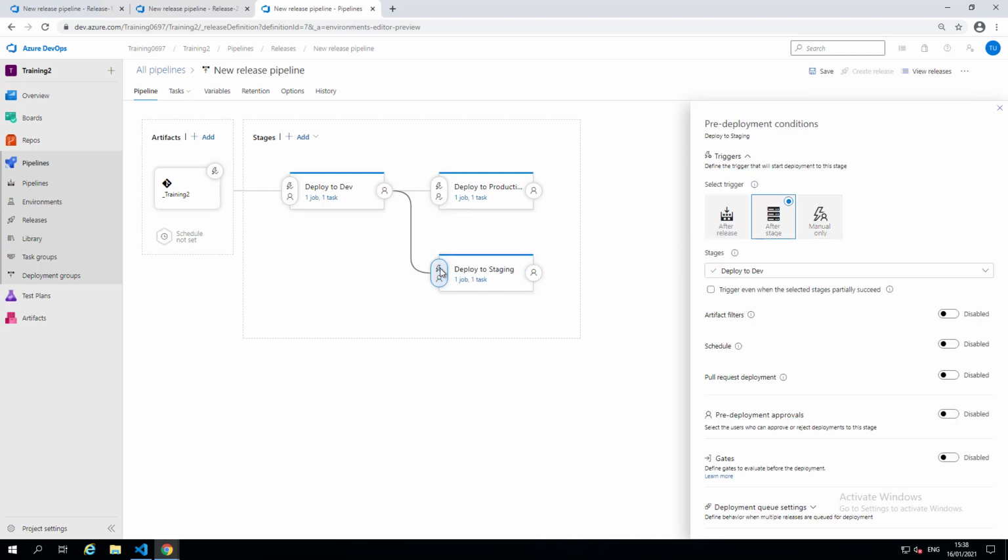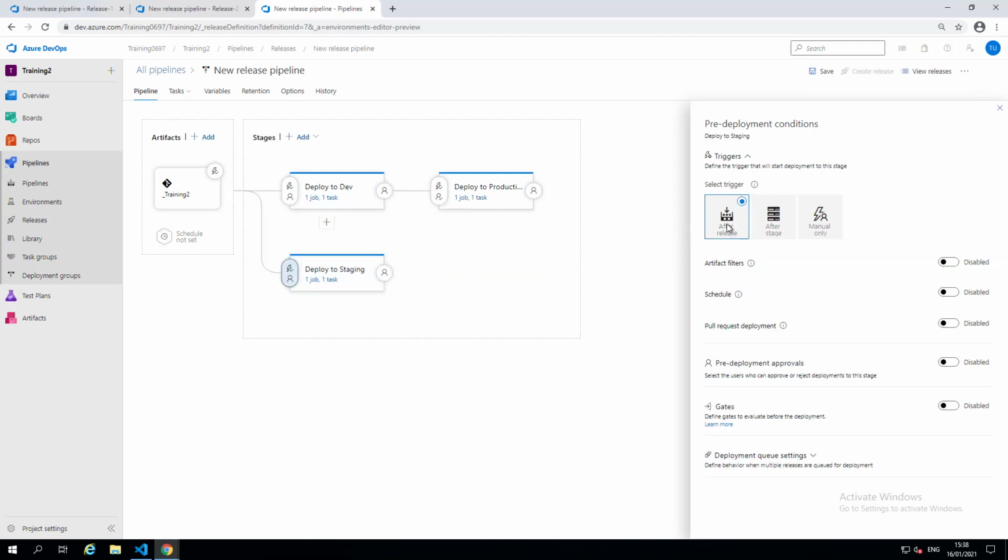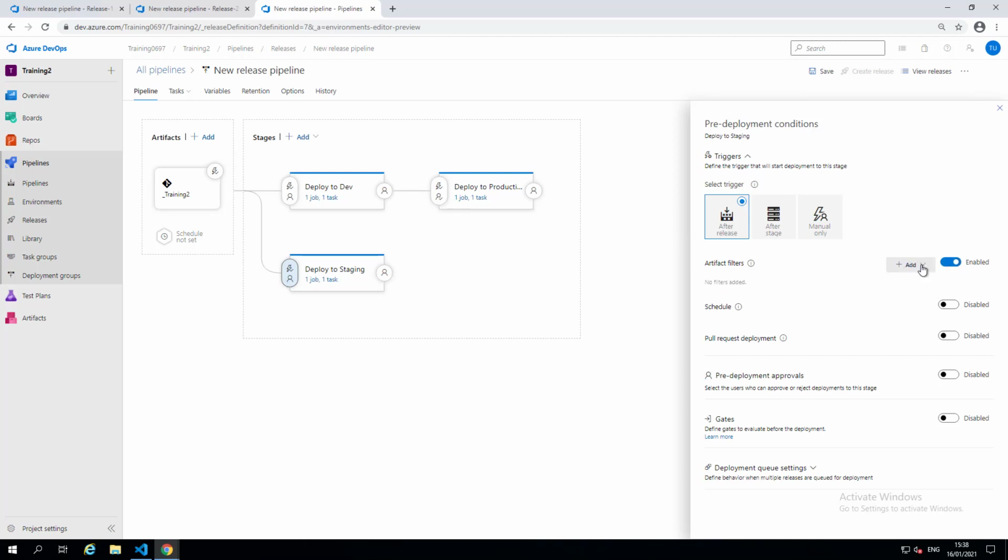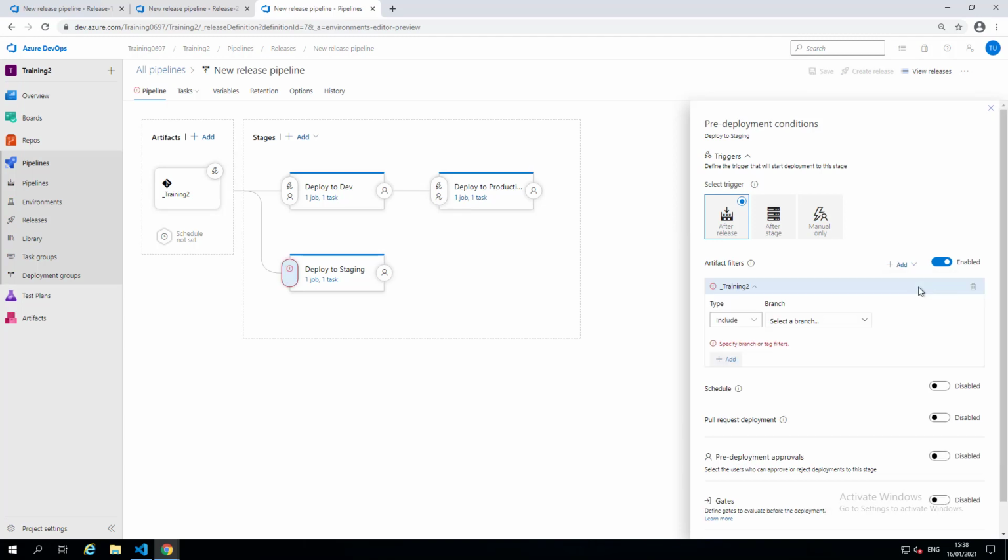do I want it, how do I want it to behave, when, so do I want it to deploy after the dev piece, or I could even just do after release, so we can just move it into parallel. So once a code has been updated, it will then go and do both of these tasks. It won't wait for the other one, for example. Other things we can do, or just show you maybe useful for you, is the artifact filters, for example. So you could say if somebody just does a code change in this repo, but I say if I had further branches, I could create a different step, a different stage just for that specific branch as well.